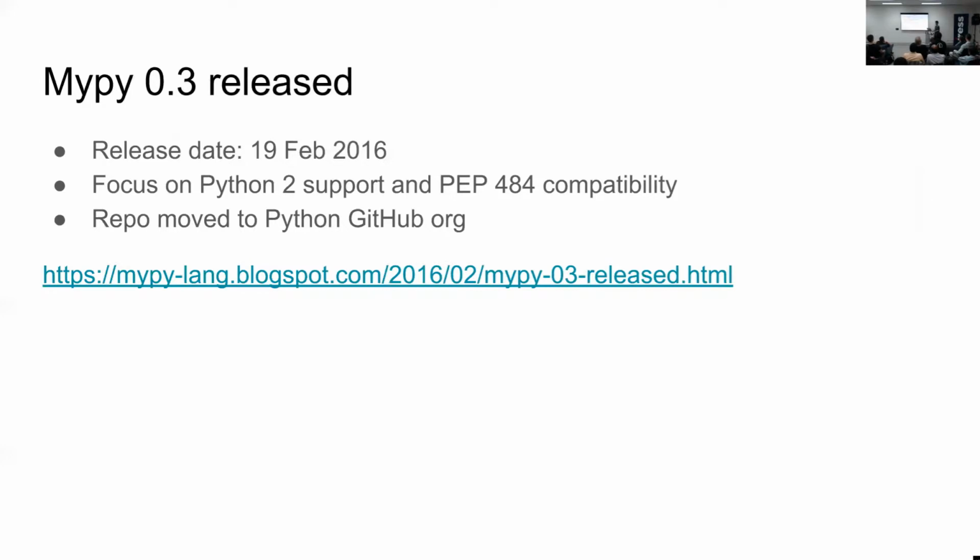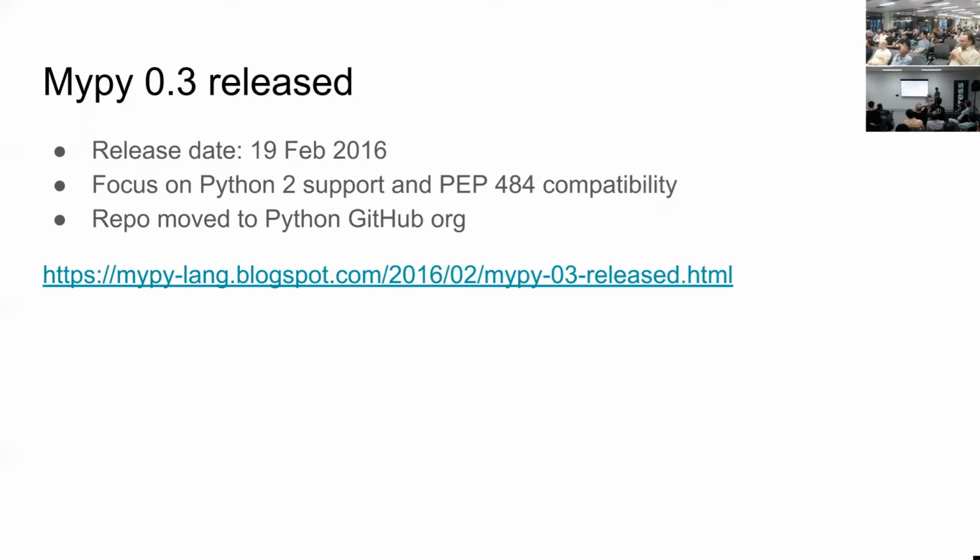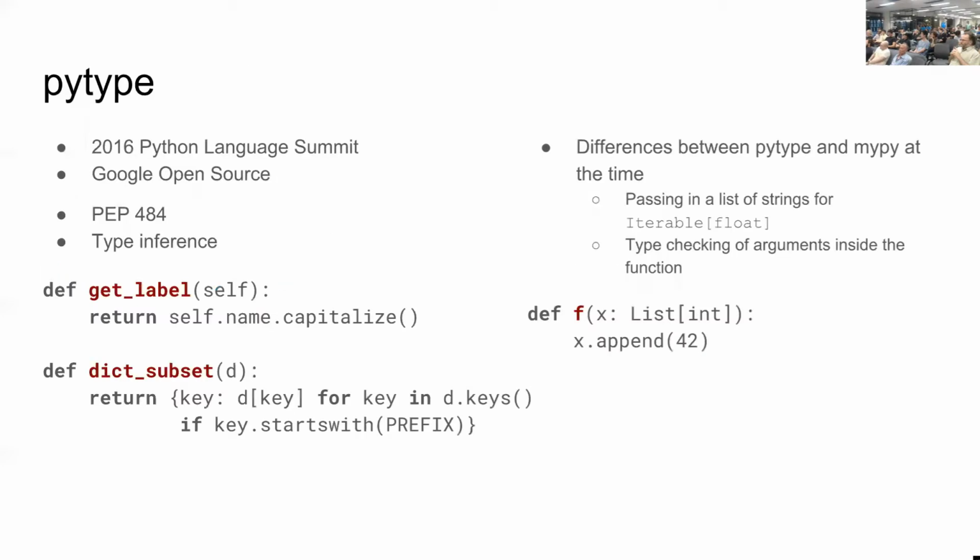So afterwards, Mypy 0.3 was released. Started focusing on Python 2 support as well. So not only type checking Python 2 programs, but also running on Python 2, I believe. And also the final PEP 484 at the time. And also the repo for Mypy moved from the original author's personal account to the Python Software Foundation's account. So all of a sudden it's kind of blessed by Guido. Anyway,